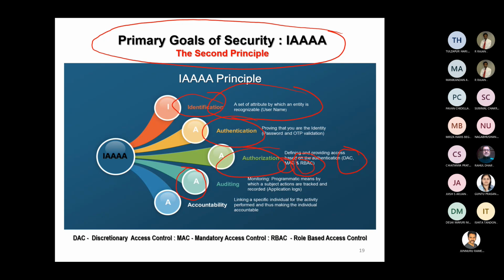This auditing needs to be understood very, very clearly. It is not a physical auditing. This auditing refers to monitoring. What is monitoring? Once you authenticate and provide access to any entity, what is that entity doing? Which means if Dr. Rajan, I have logged into an SAP application for reviewing and approving purchase orders. So Dr. Rajan is my unique ID. If my unique ID is employee ID 12147, and I've used a password, and I've used an OTP, then Dr. Rajan, my unique ID, is to be logged.